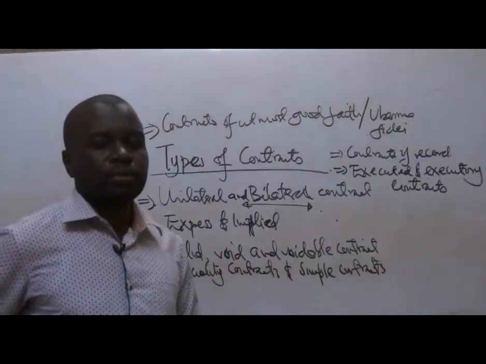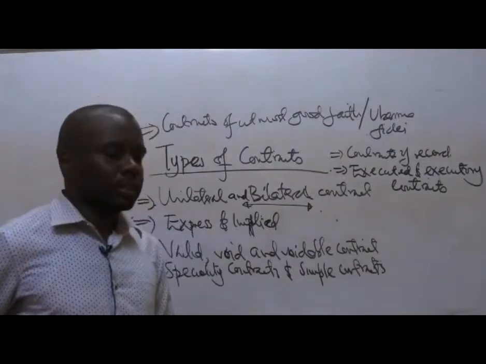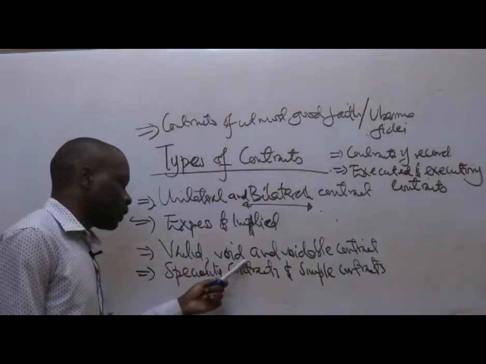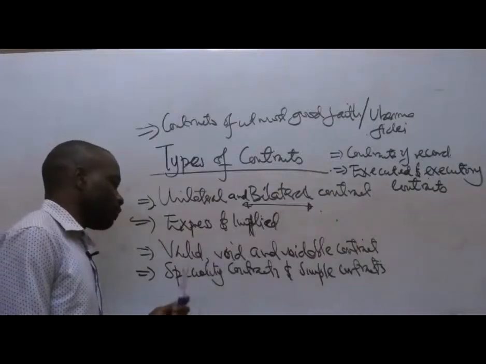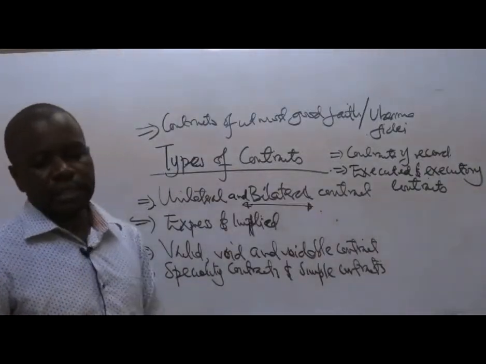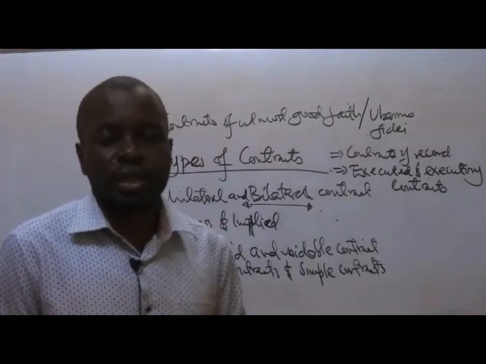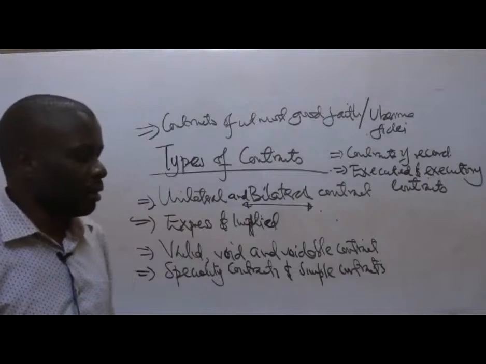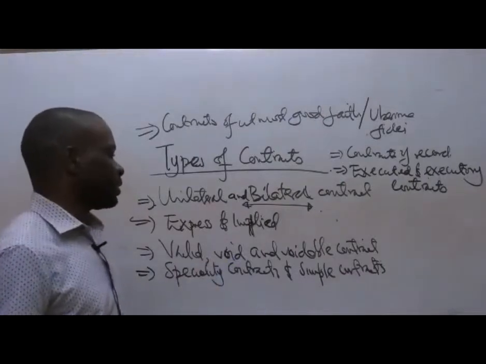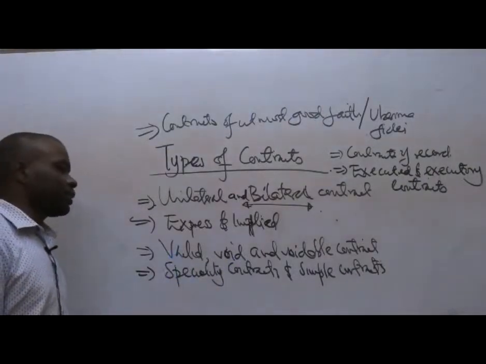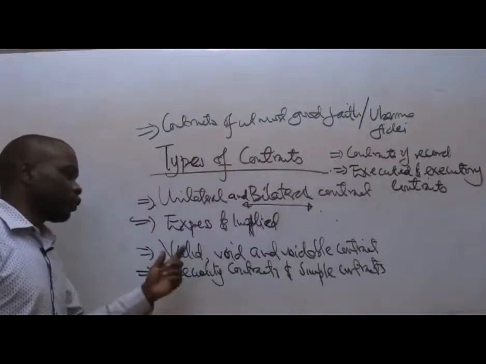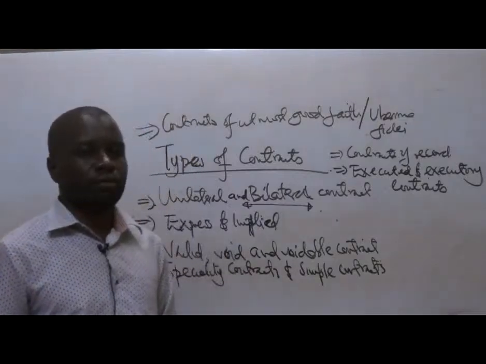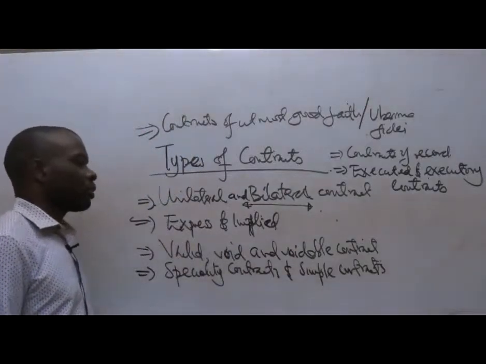So if all the essential elements of a contract are present, such a contract can be termed a valid contract. Void is the opposite of valid. It doesn't have any of the essential elements, or the essential elements are not present in such an agreement. So the contract will be termed a void or simply an invalid contract. If it is valid, the essential elements are present. If it is void, it simply means that it doesn't have the essential elements of a contract. So it is a void contract or an illegal contract.